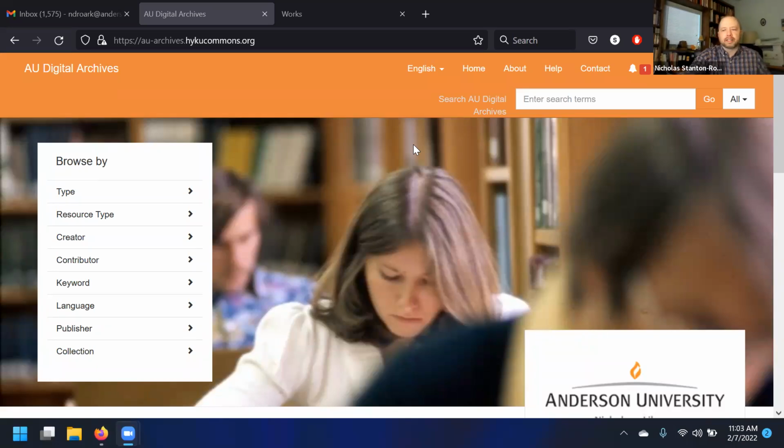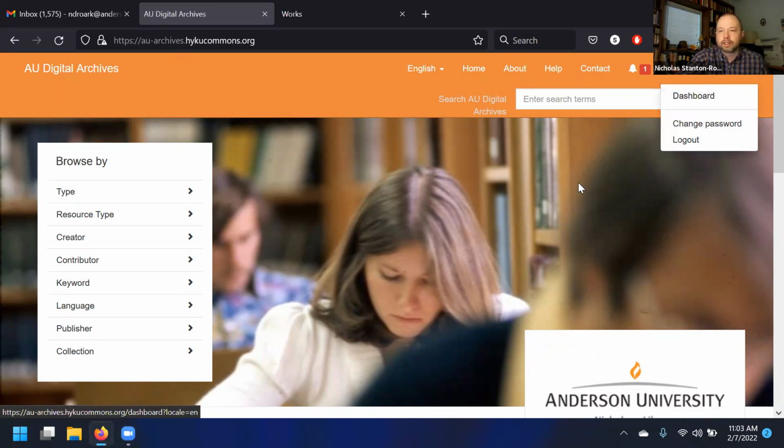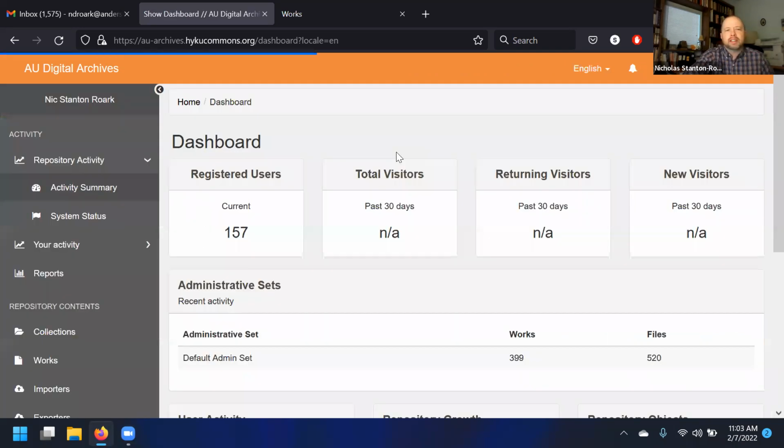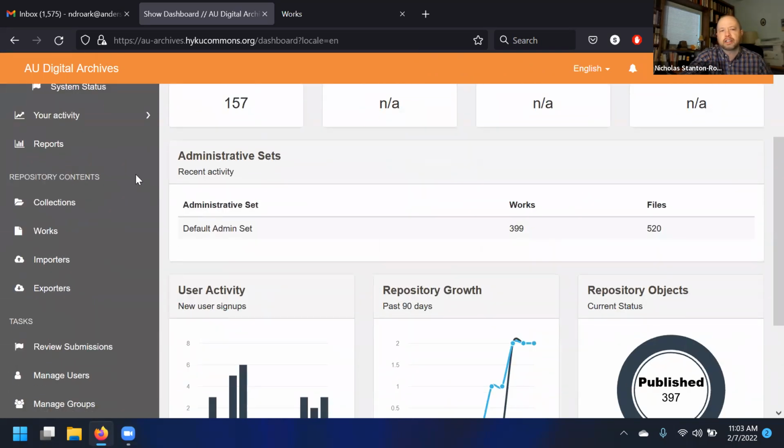All right, admin sets can be accessed. First, sign into your administrative dashboard with the link at the top right of the user interface. And while that loads, admin sets are treated by the system similarly to collections, but they actually function very differently